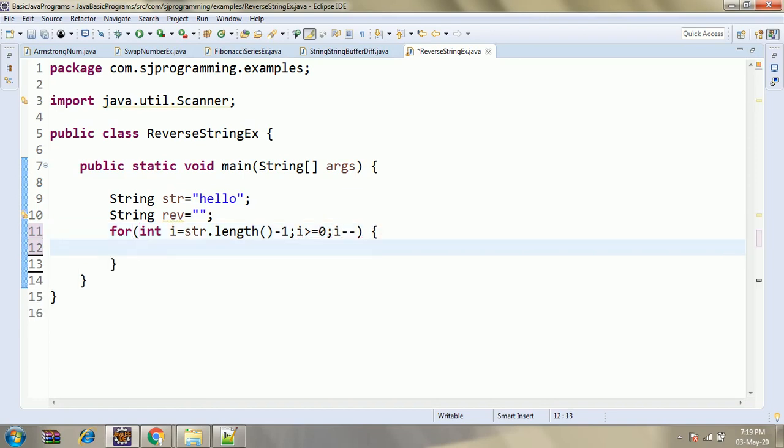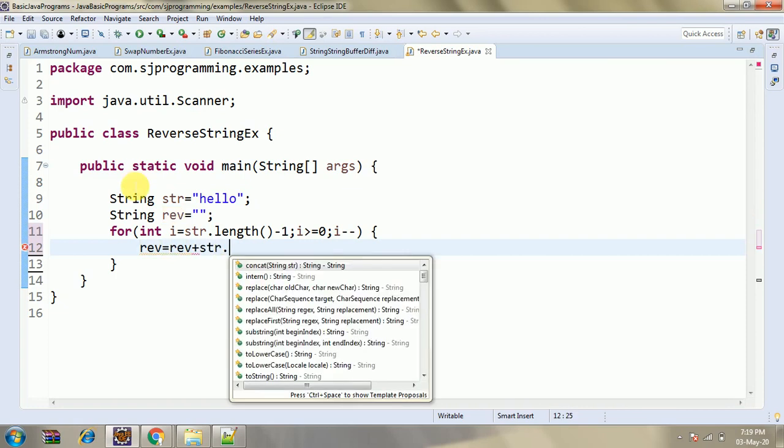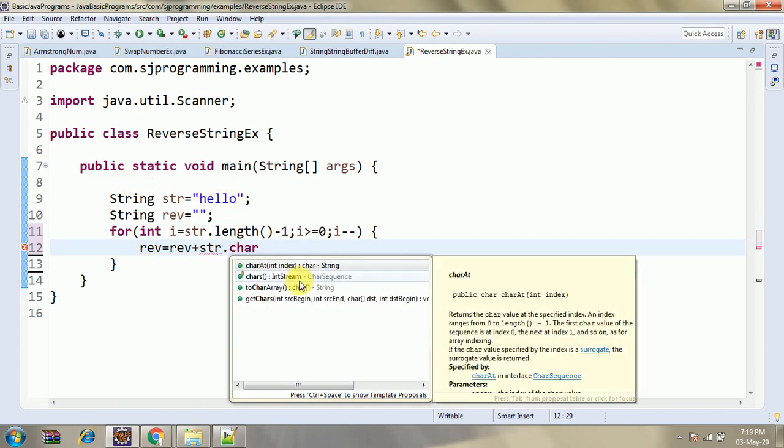Inside the for loop we will concatenate the character with this reverse string. So reverse is equal to reverse plus str dot charAt. See here, charAt. In the charAt method, what is the parameter? int index, meaning we are providing the index, and it will return the char value at the specified index.